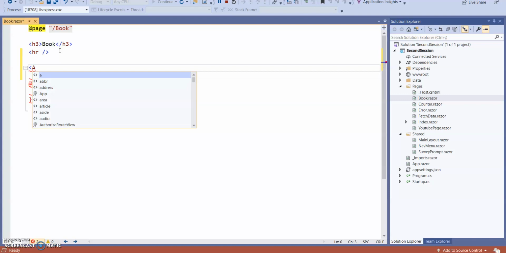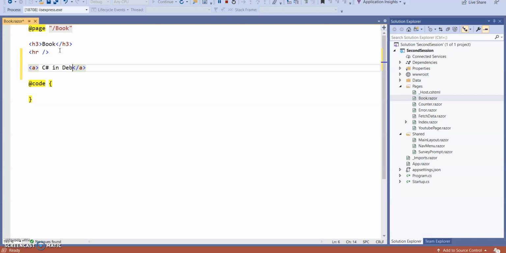Here I want an anchor, meaning I want to see a link. For the book name I am giving C# in Depth, written by Jon Skeet. Okay, so href just as in HTML. So I'm going to add one more page, and I'm going to redirect from this href part.